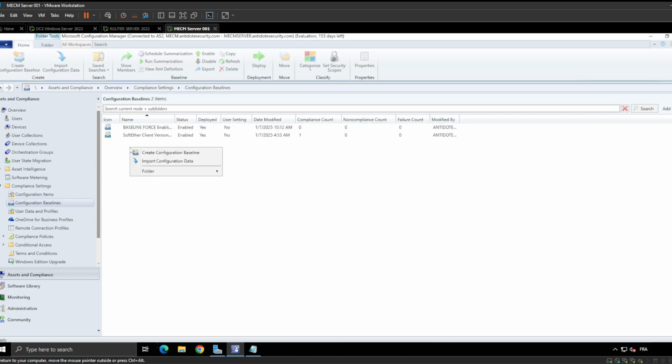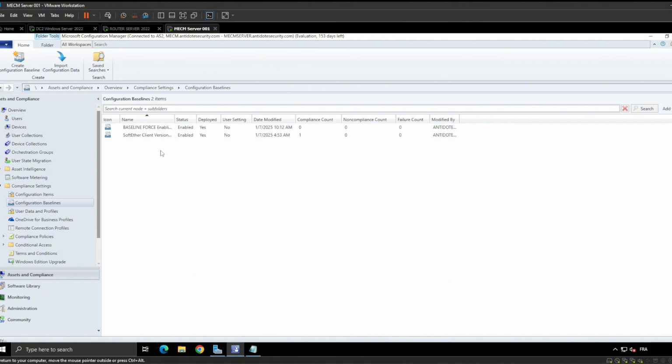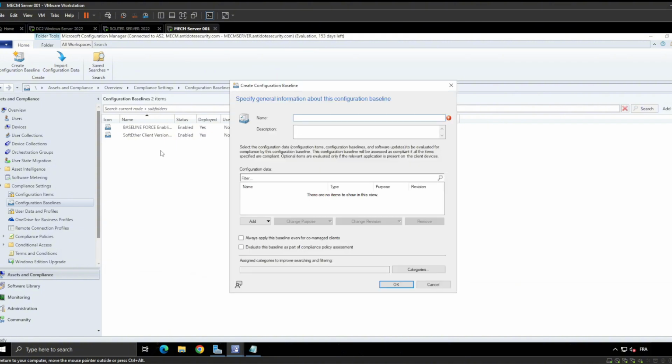Let's go now on configuration baseline, and when we see that it is non-compliant, we will go to the SCCM console and I will show you what to do, so you can actually solve the issue when you see that there is an actual non-compliant machine. So, BitLocker status